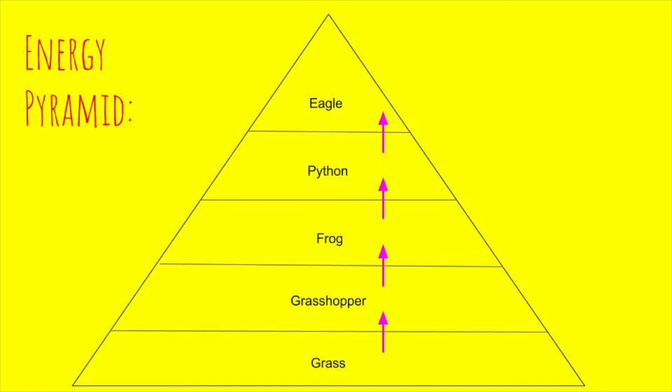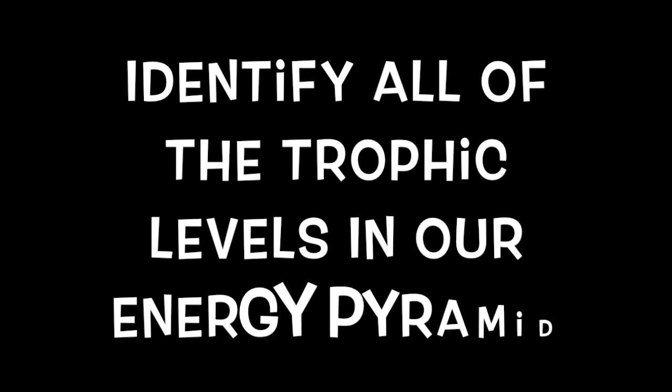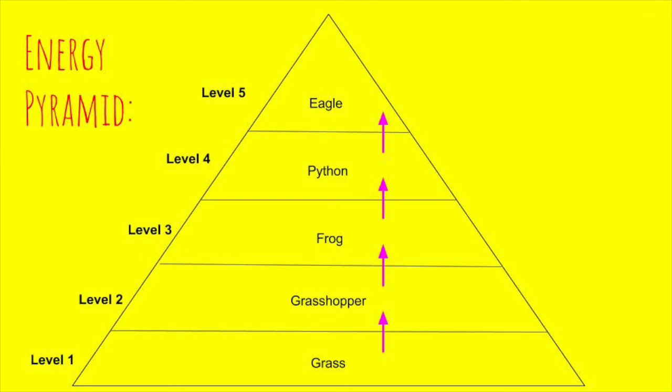Knowing this, we can create an energy pyramid with the food chain we have created. The bottom will be the producer, which is grass, and the top will be the final consumer, which is the eagle. We do not include the decomposer in the energy pyramid because they can consume dead matter in any step of the food chain. We can now give each organism a trophic level. Grass would be 1, grasshopper would be 2, frog would be 3, python would be 4, and eagle would be